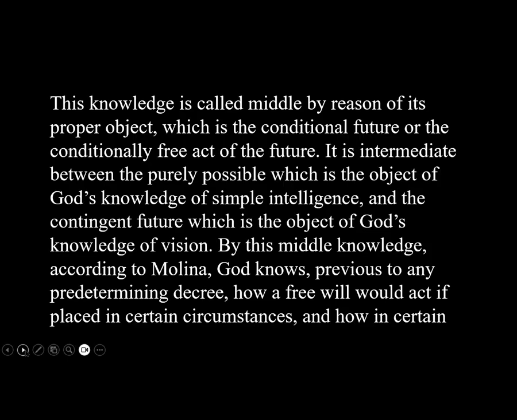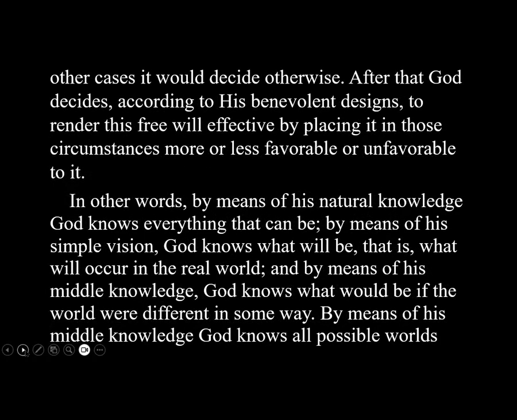And so now there's this contrast. God's simple intelligence regarding what is and what could be and everything about how he's made the world, and then also God's knowledge of vision, the fact that God sees what's going to happen down the road. So this middle knowledge is in between those things. By this middle knowledge, according to Molina, God knows previous to any predetermining decree how a free will would act if placed in certain circumstances, and how in certain other cases it would decide otherwise. After that, God decides, according to his benevolent designs, to render this free will effective by placing it in those circumstances more or less favorable or unfavorable to it, so that God arranges for there to be